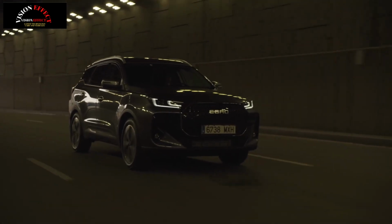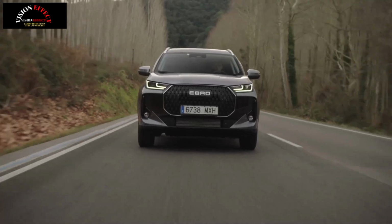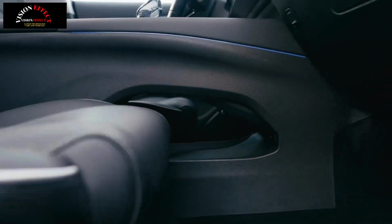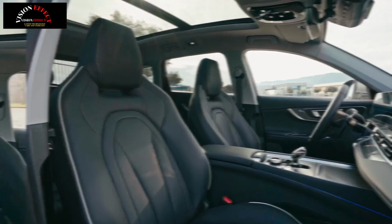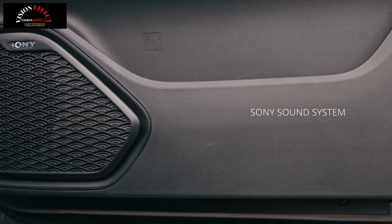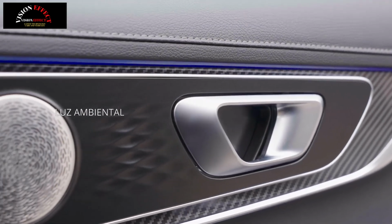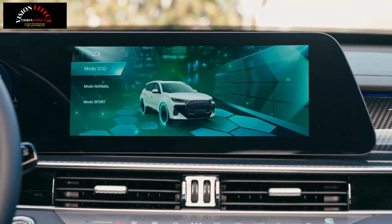The Ebro brand, which has a history of manufacturing industrial vehicles in Spain, returns with the S700, a midsize SUV model measuring 4.55 meters in length, aiming to conquer the national and European markets. The company operates in the former Nissan factory in Barcelona and has access to its own technology thanks to the support of Chery. The S700 is based on the Omoda 5 and Drive 6.0 platforms and shares their architecture and